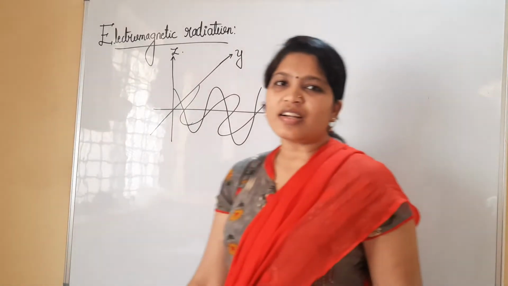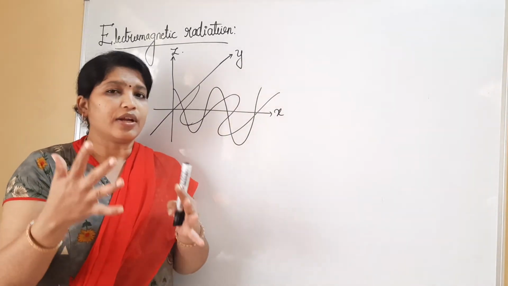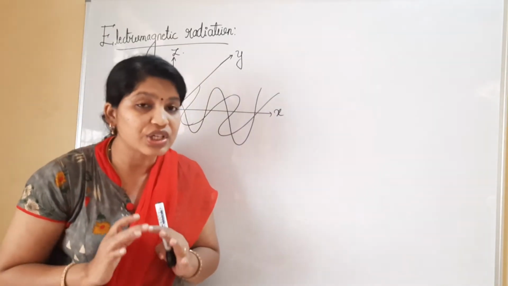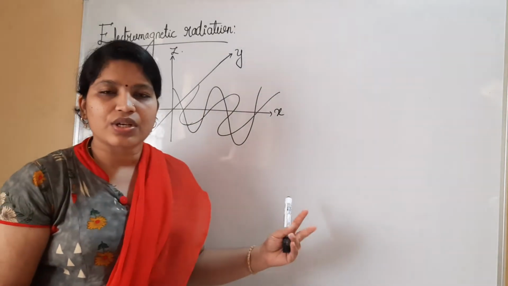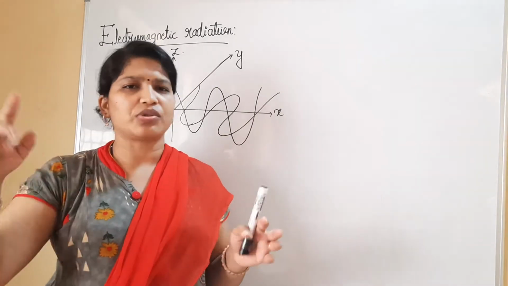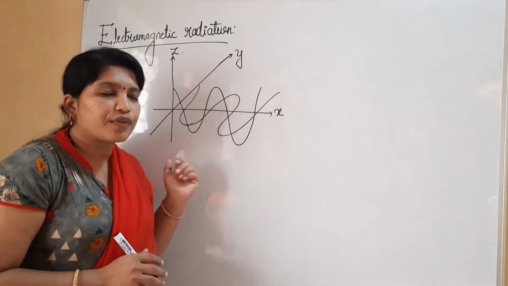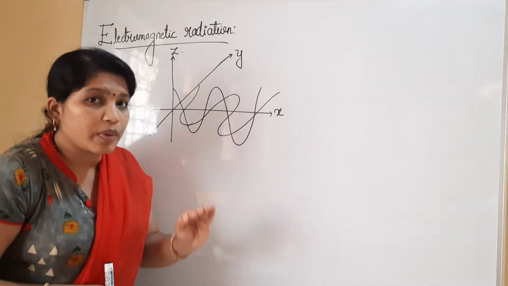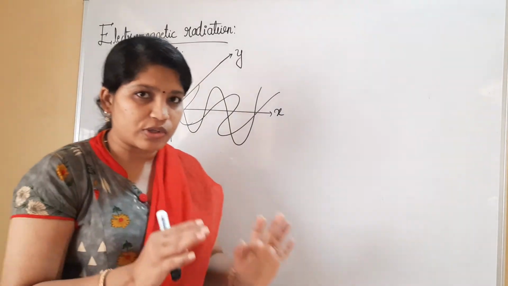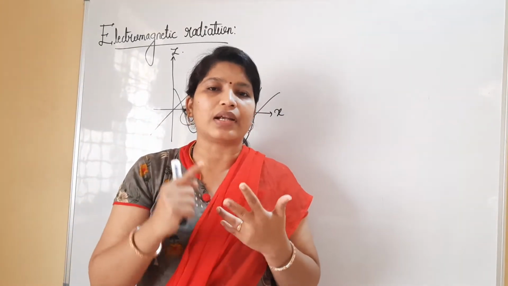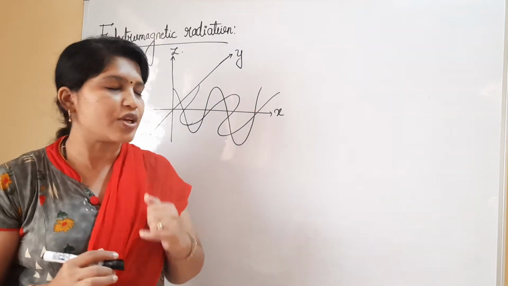Let us understand electromagnetic radiation. What exactly does the definition of electromagnetic radiation stand for? A wave, as we have seen in the previous discussion, is represented so and so, and we came to know everything. Now a wave is a kind of component which can also be called electromagnetic radiation. Now the question arises, what do you mean by electromagnetic radiation?